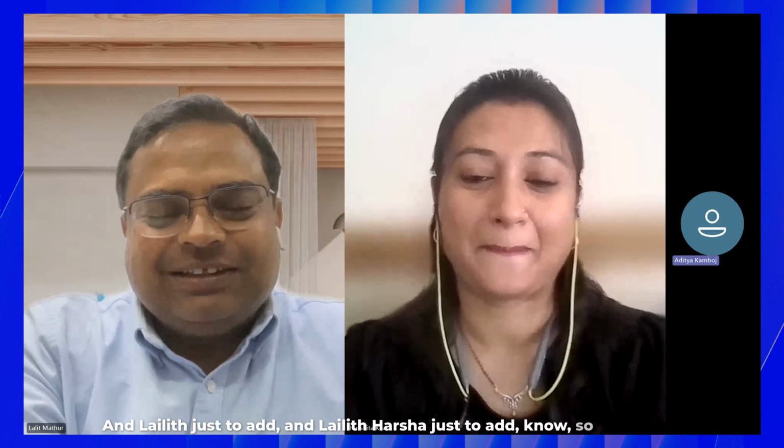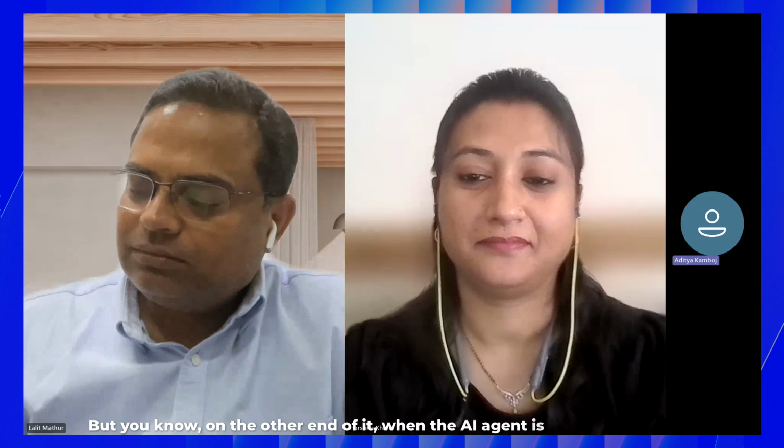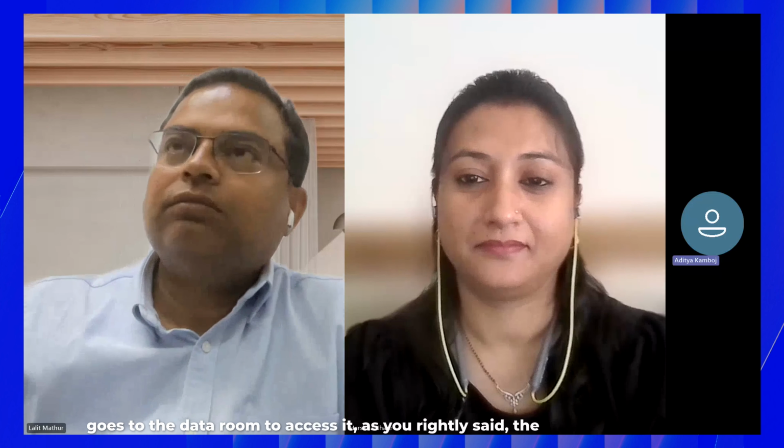And Lalit, Harshita, just to add, we say that nudging is important and the AI agent can help us in nudging. But on the other end, when the AI agent is nudging and the guy goes to the data room to access it, as you rightly said, the AI agent can give him a summary of the document also.